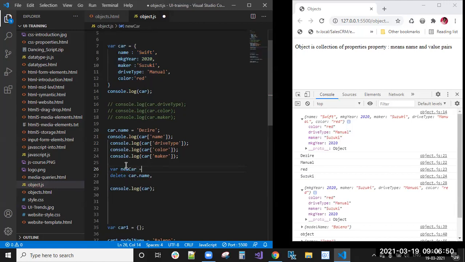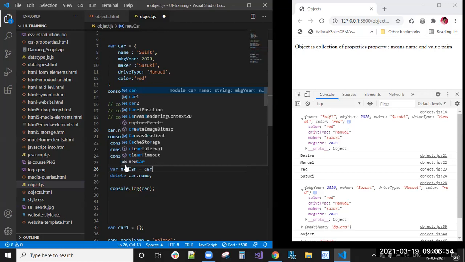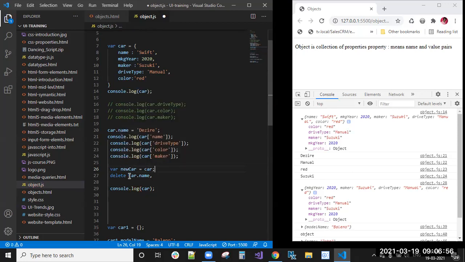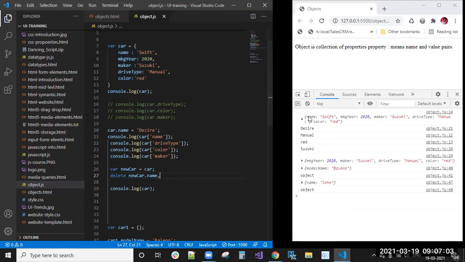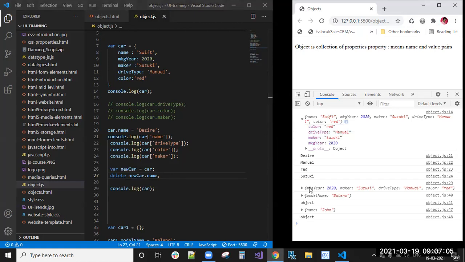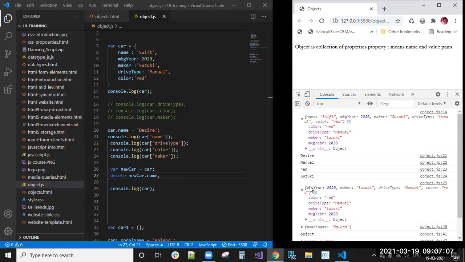New car equal to car, and I can delete the new car. Now you can see here also it is right, because it is representing this car only, right?